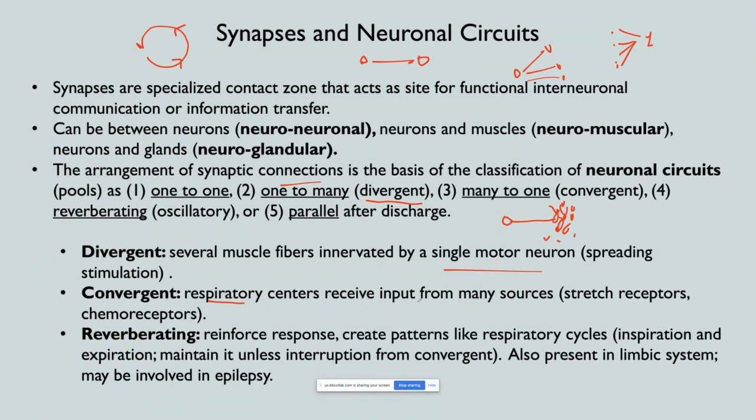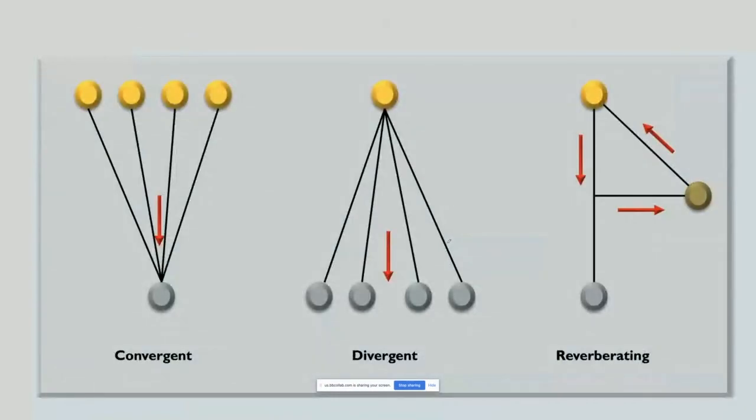Those reverberating circuits explain, for example, some cases of epilepsy and also some thoughts that we may have that repeat themselves and don't go away. And maybe that song that we say, oh my goodness, I've been the whole day with that song in my mind. Ideas about depression, about paranoias, and this and that. Okay, that explains many different things that you're going to be learning in the future.